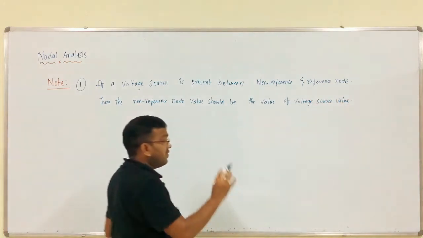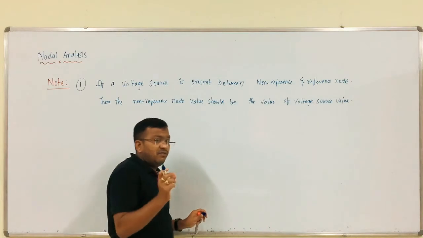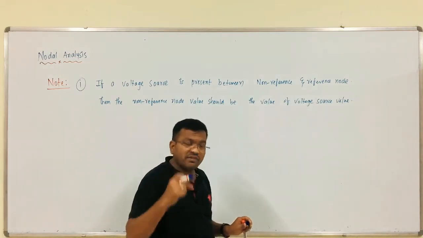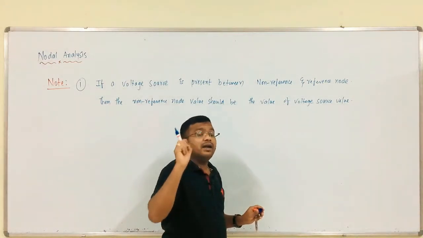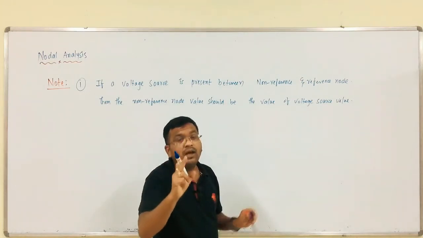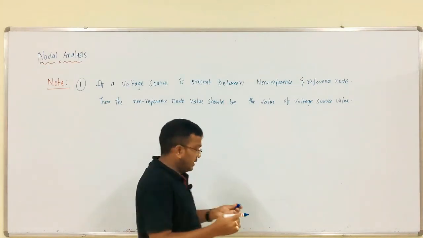If there is a voltage source between a non-reference node and the reference node, then the corresponding non-reference node voltage should be equal to the voltage source value, that is